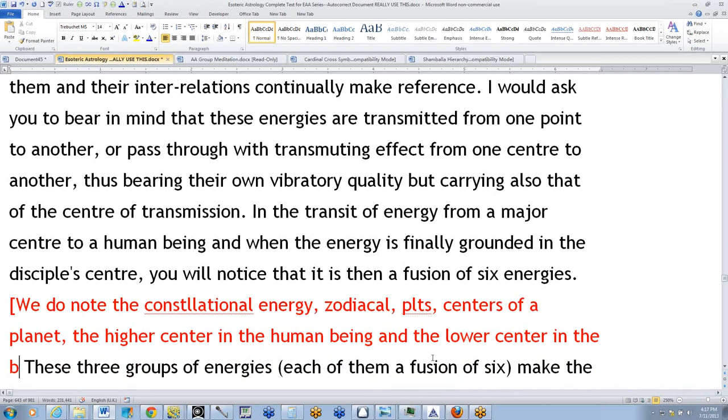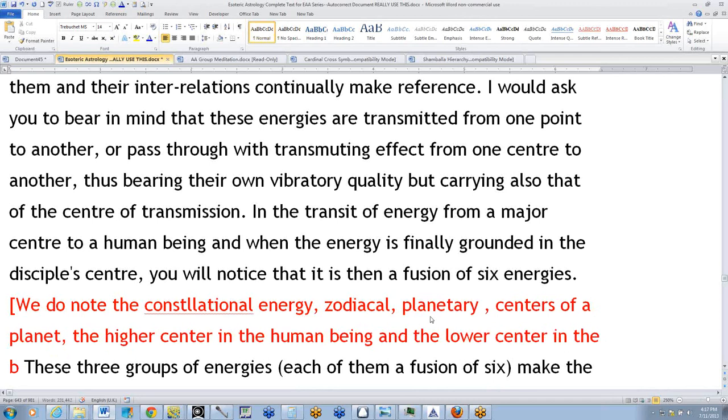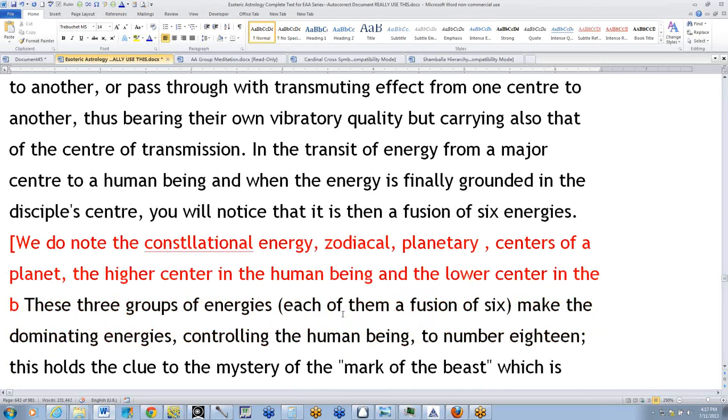now we are actually going back to that 3-fold, 6-fold, 18-fold chart. Okay, let's see. This should be planet, PT. Energy, zodiacal, planetary, planetary, centers of the planet, and so forth. These 3 groups of energy, each of them a fusion of the 6, make the dominating energies controlling the human being to number 18. Well, this fits so well,